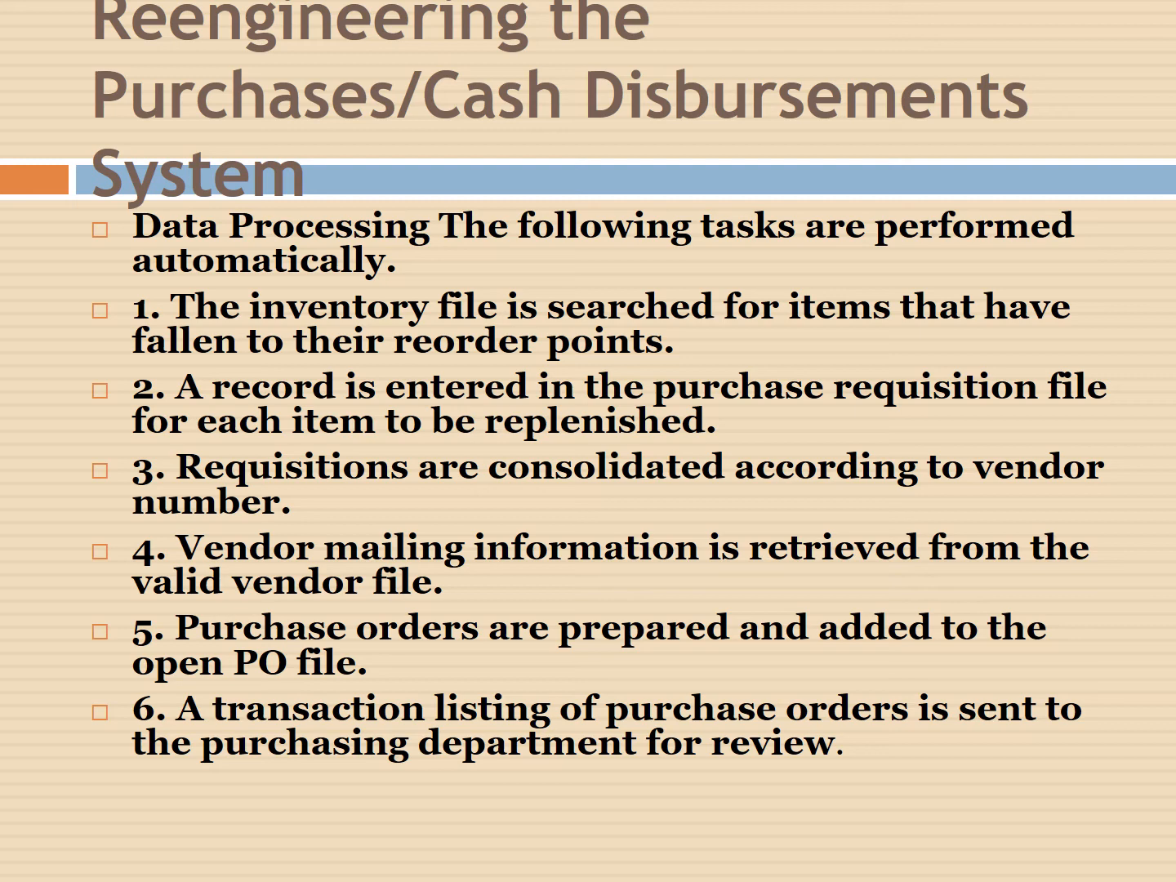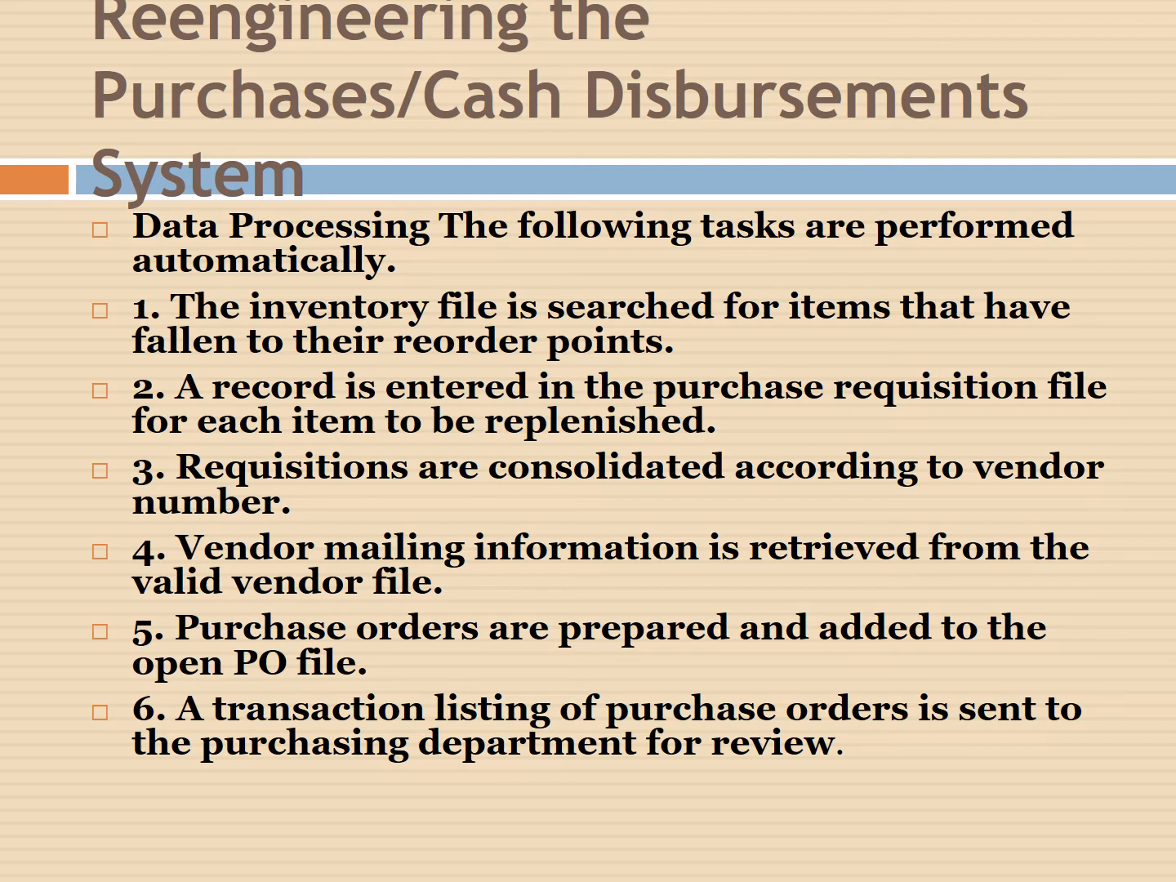Re-engineering the purchases cash disbursement system. So data processing, the following tasks are performed automatically. The first one is the inventory file is searched for items that have fallen to the reorder points. Second is a record is entered in the purchase requisition file for each item to be replenished. The third one is the